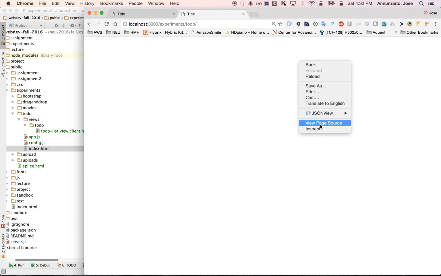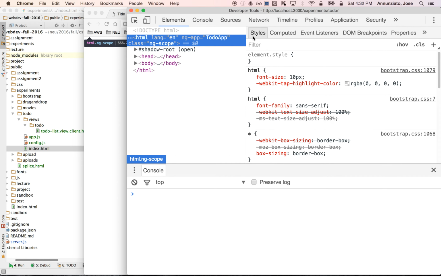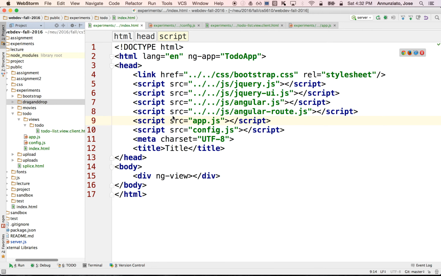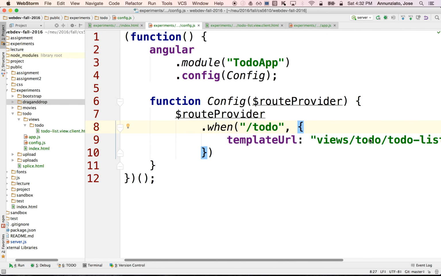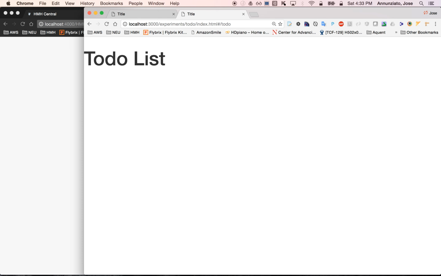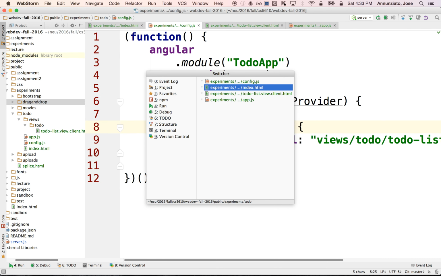It didn't seem to work. Let's see what's missing. This is complaining. Oh, yeah, so their index page. So the index page is this, right? And then once we're in the index page, the configuration says that I will only show this if this is in the URL. And this configures actually what comes after the hash sign. So the hash sign is the mechanism that Angular uses to identify patterns in the URL. So for instance, if we have here /todo, there we go. So we have the to-do list, and this content is exactly this content over here in the to-do list